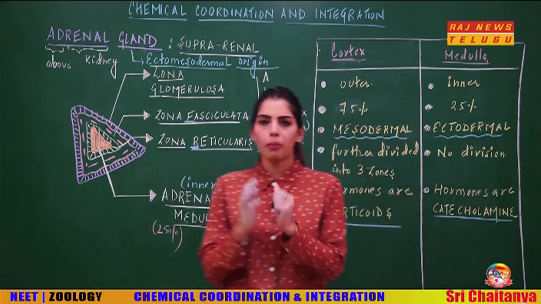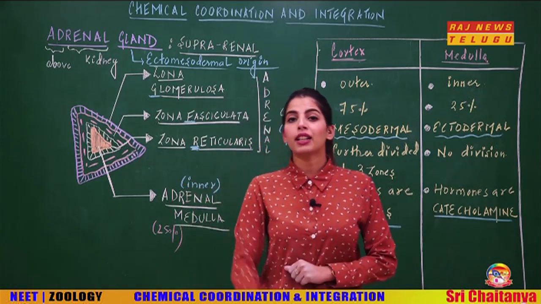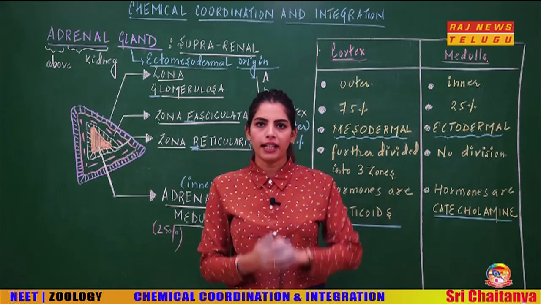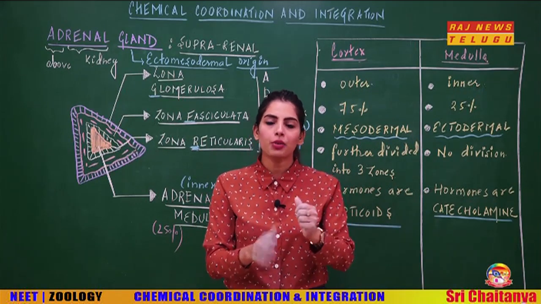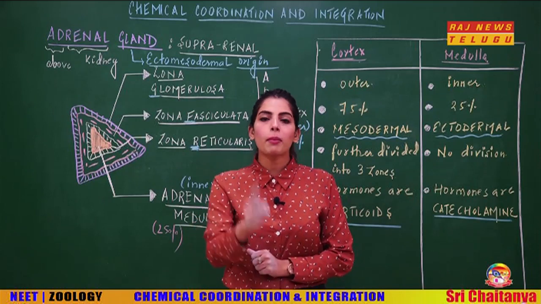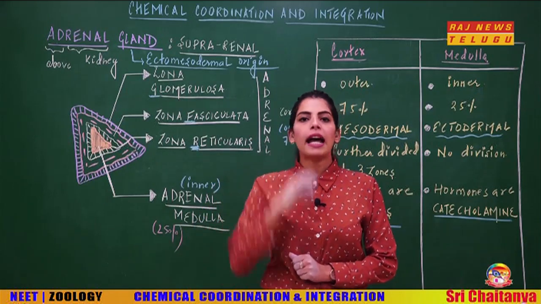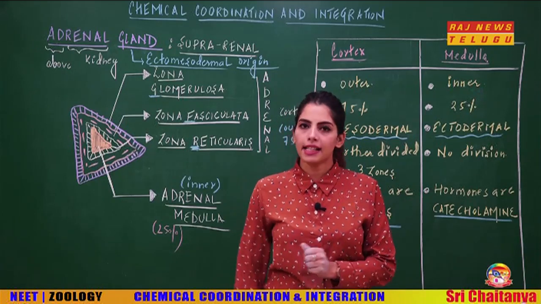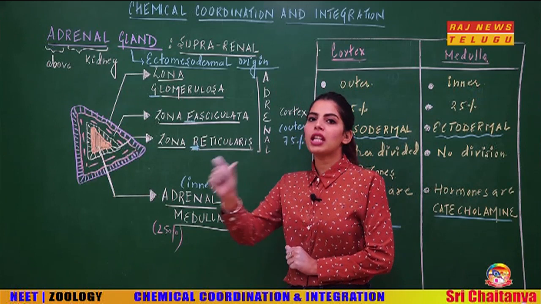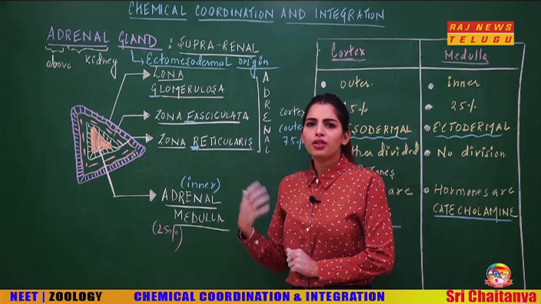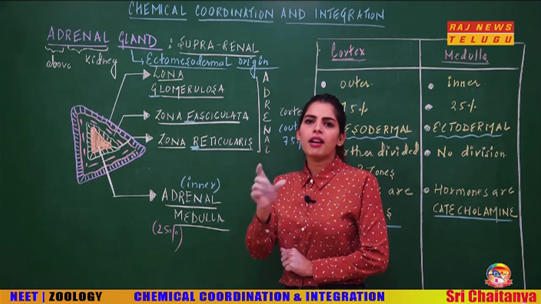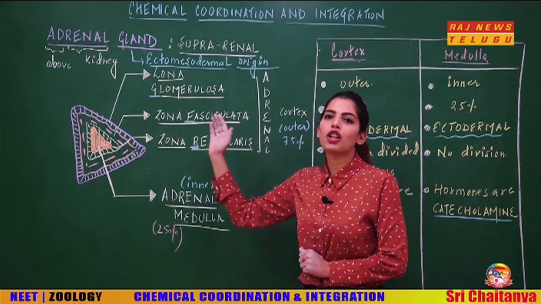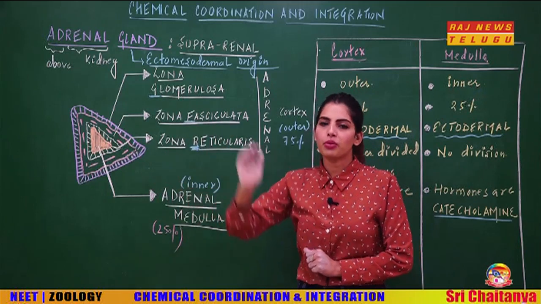Now, students, it is very important to remember the layers that you see from outside to inside, or you can say from inside to outside, because they might ask you in such a way. So, you have to remember that in sequence. What I do is remember it by using a trick. I hope that is going to help you as well. I just use the term GFR. We are very used to this term GFR, a very common term. Here also you can relate it from outside to inside.